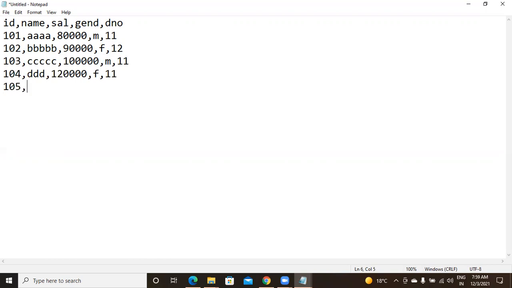Next onwards, in every process, we will be working with such kind of structured files. For some files, we will keep headers, and for some files, we will not keep headers, so that you can understand if a file has a header, how to make it structured, and if no header, how to make it structured. Of course, this is already structured data. Okay, it's enough. These are the records of the file.